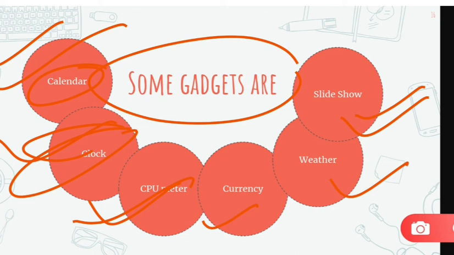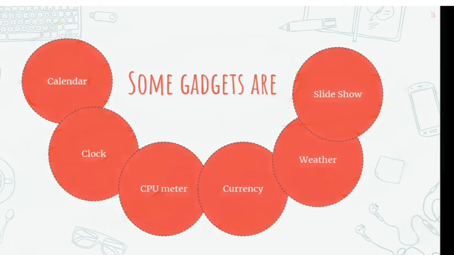You have to press the right button. I will tell you all the steps for how we can set it. If you have set the clock, it will display the time. To change the clock name and the clock style, click the option button and make the desired changes. If you want the slideshow, it will display a continuous slideshow of the pictures on your computer. If you want to set the weather, it gives the weather information, either in Celsius or Fahrenheit, of any place around the world.